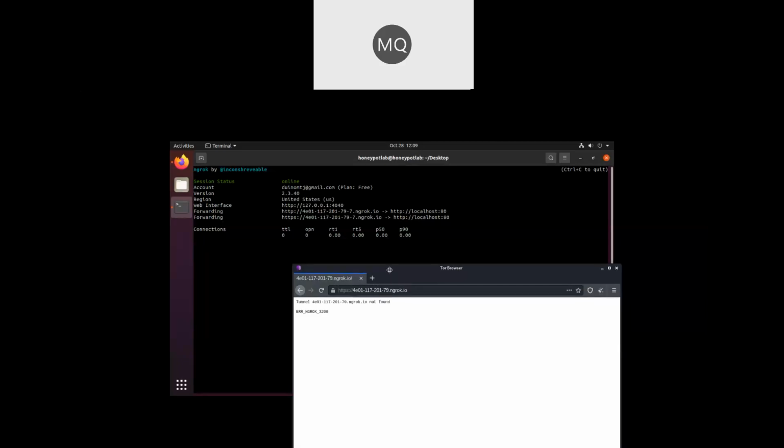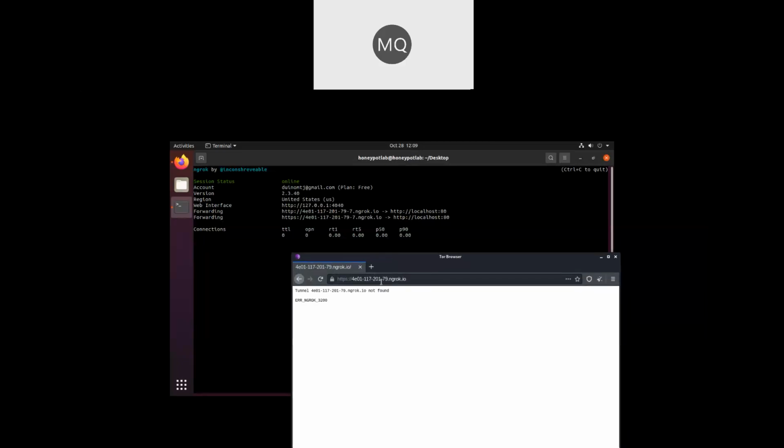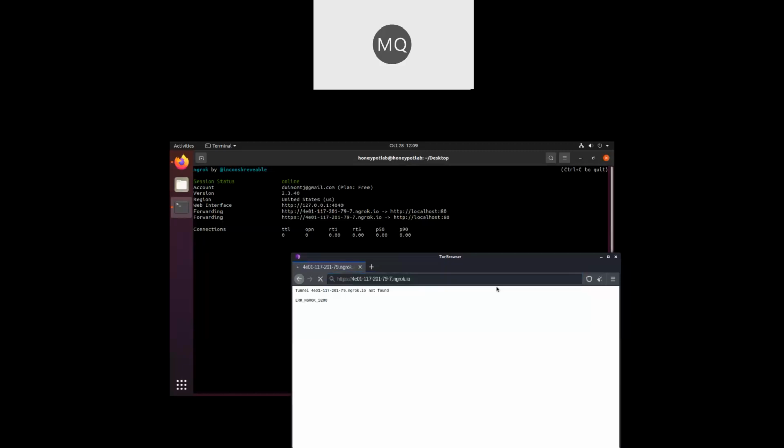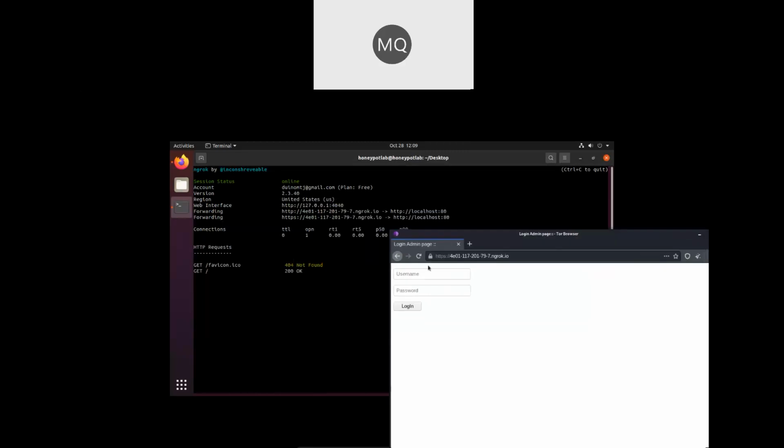So let me cross check 117 201. All right, and as you can see, this is an admin login page, and then the attacker